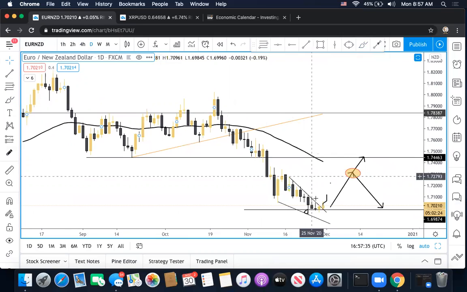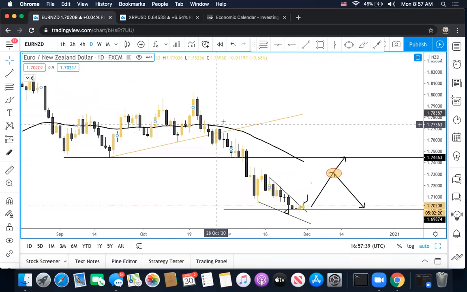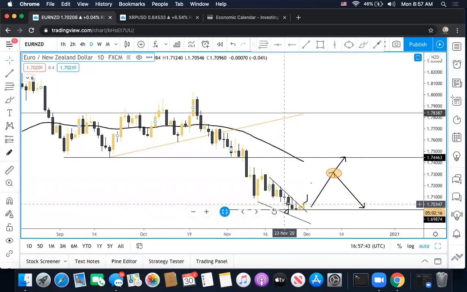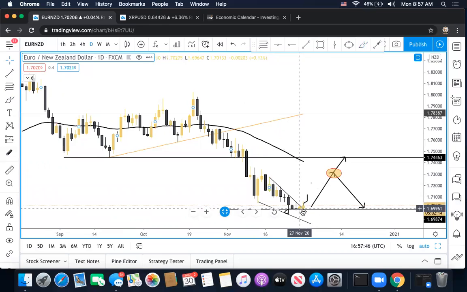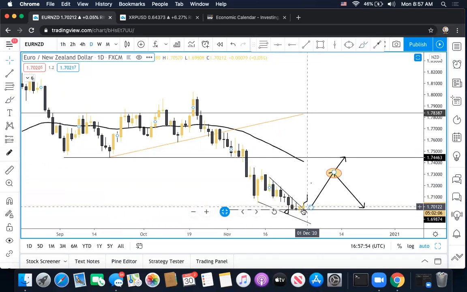start to see the continuation come back in, because overall this was just a break below 1.74. The market dropped all the way down, pushed down, lost momentum, started to squeeze, and this is where we could start to see the correction happen. So I could expect at least 100, 200 pips possibly if we start to see bullish momentum kick in on this pair.